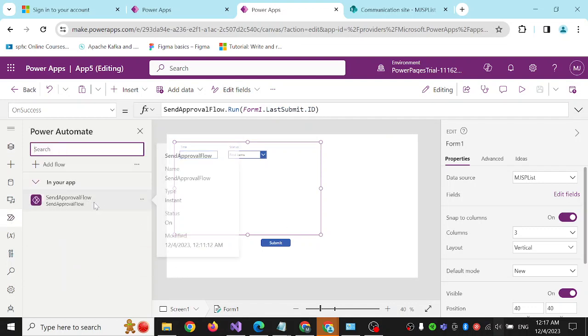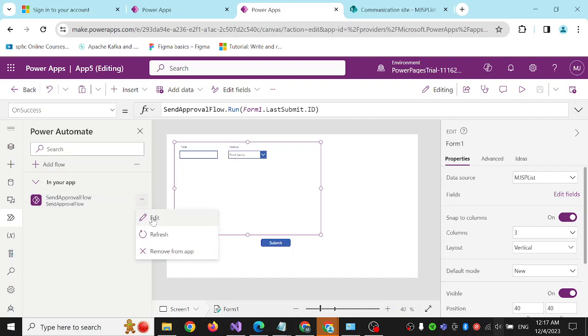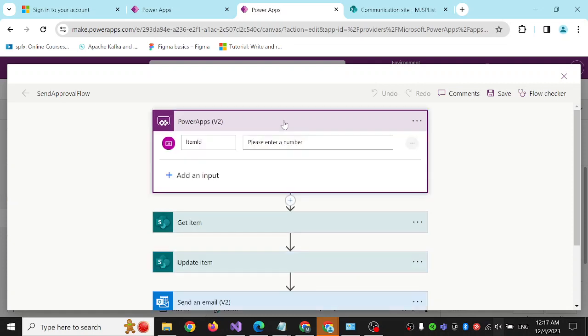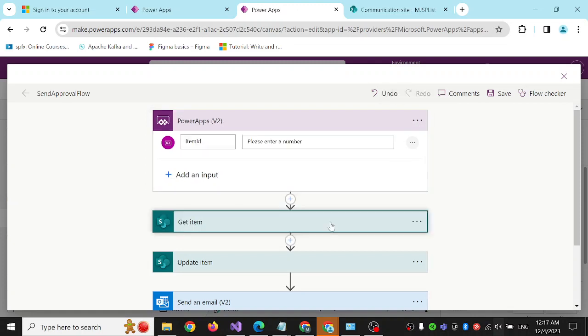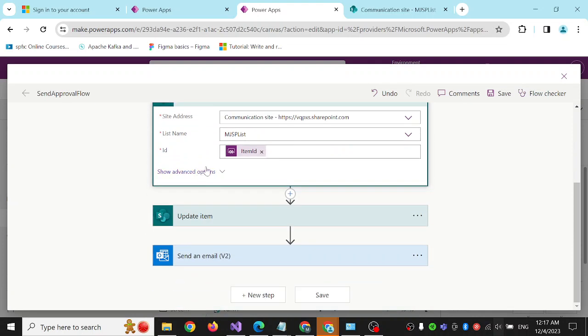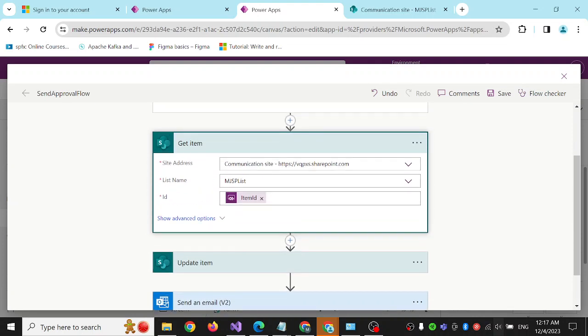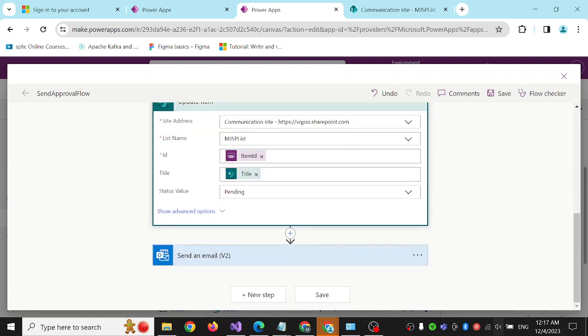And in my workflow, here I'm getting from PowerApps the item ID of type number, and then on the SharePoint list Get items, I'm connecting to my SharePoint list site. Here I put the site, and then my list name, and then I'm passing the item ID from my PowerApps, and here I'm updating